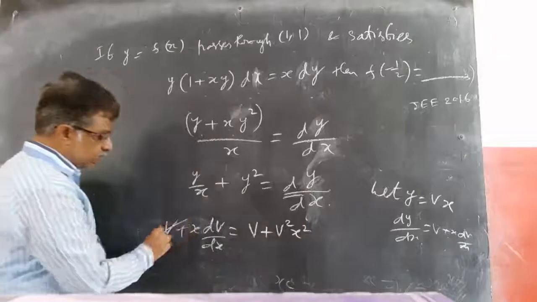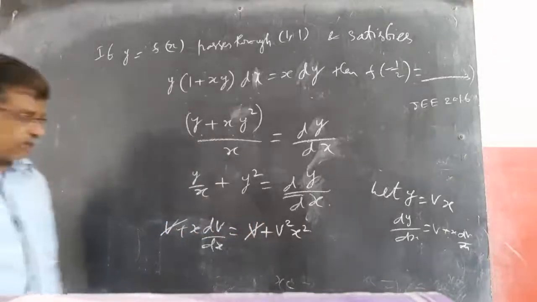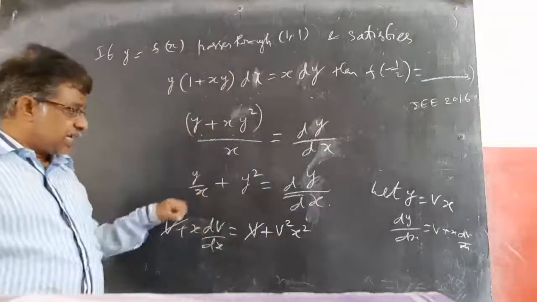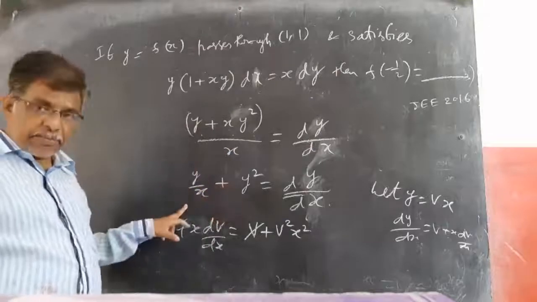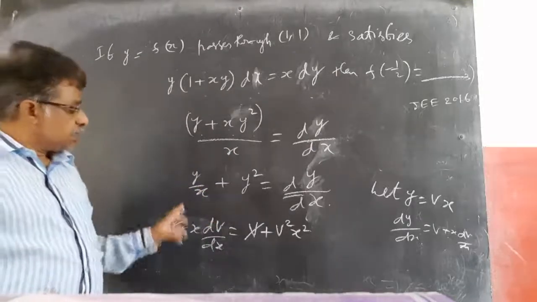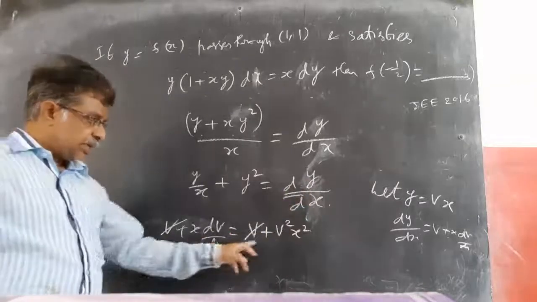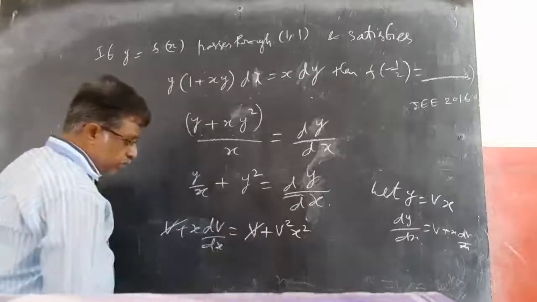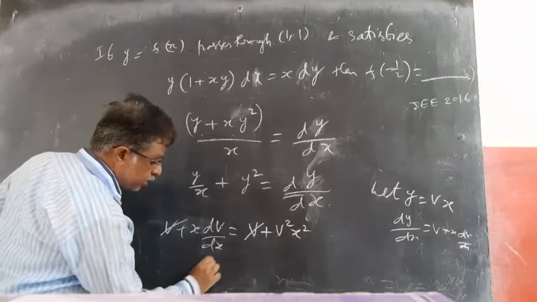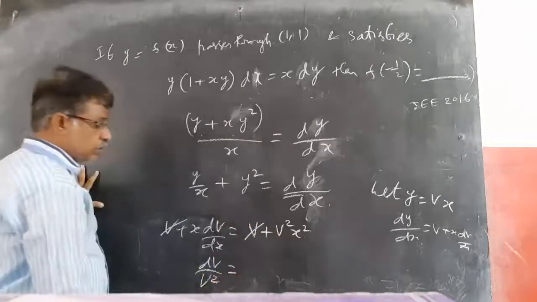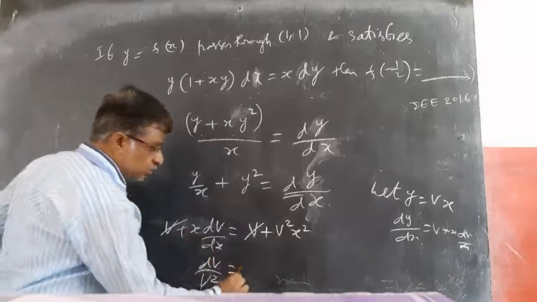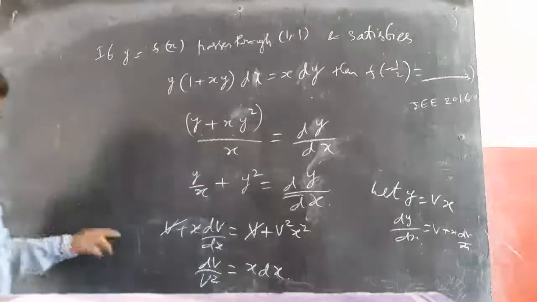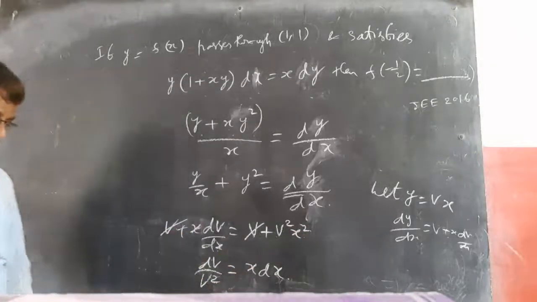Now if I cancel v on both sides, very tricky sum, observe. This is not linear, they are not homogeneous actually, not of the same degree, but if you substitute kx comma ky you will get the same, like that. So if y equal to vx I am taking, then v getting cancelled, observe. So it becomes x into dv by dx equal to v square x square. Now you can go for variable separable. All the v's to this side means dv by v square equal to x square by x, means x dx. This x I can cancel for one time. So that becomes x square by x becomes x dx.